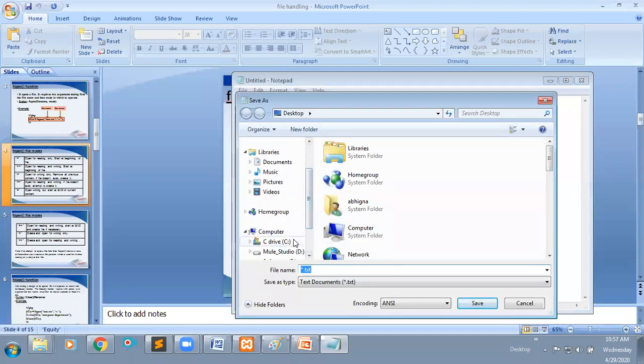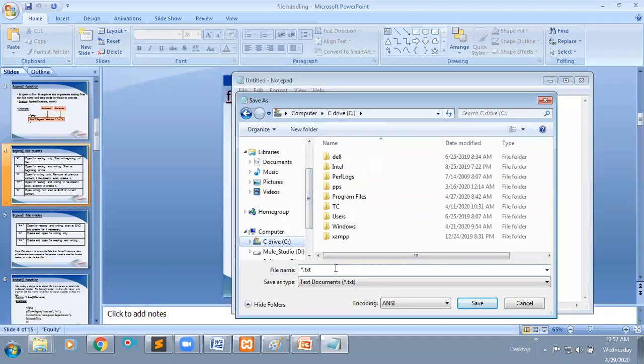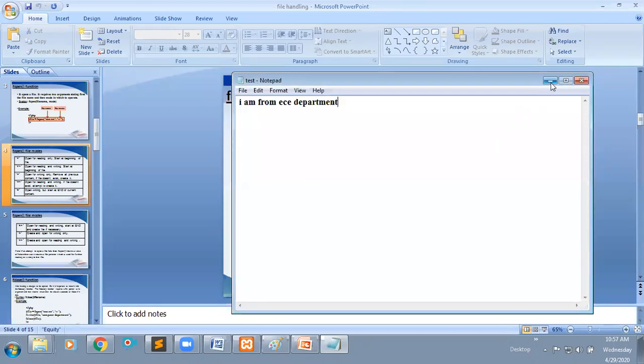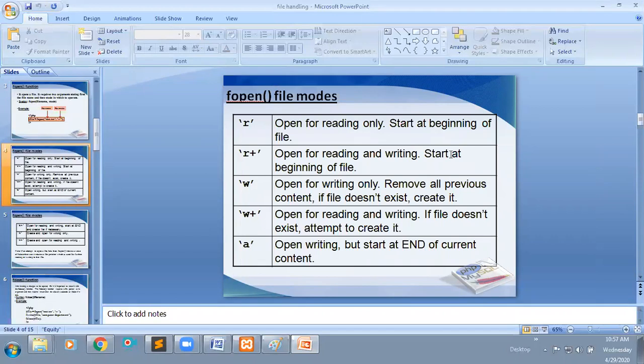I'm giving the name test.txt. I have saved this file within that. In PHP programming, r is for opening a file for reading, r+ is for reading and writing a file.